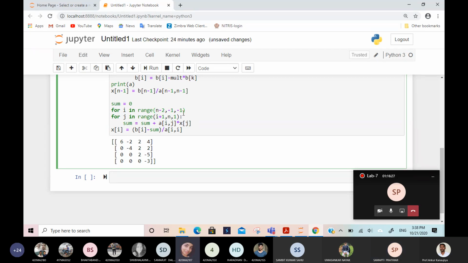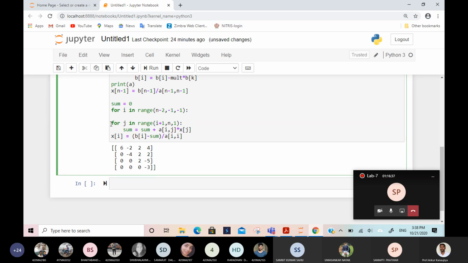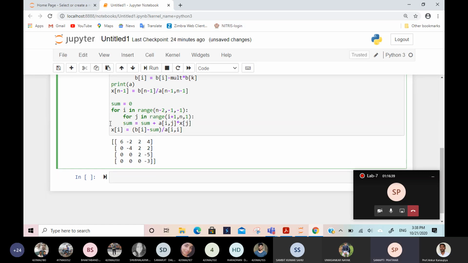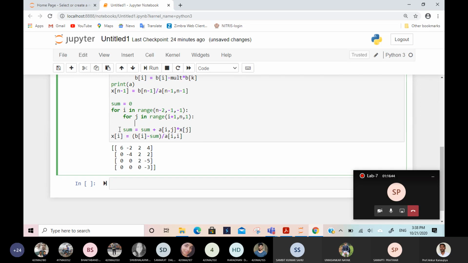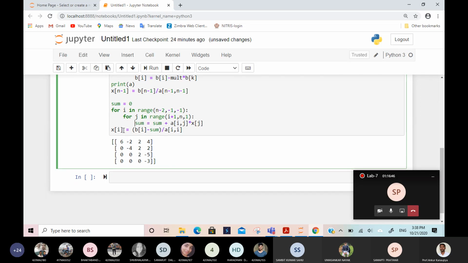Every time it will decrease, it will not reach minus 1, it will stop at 0 only. This is inside the loop, so I am giving the space because it is inside the loop. This sum is inside the loop, and this xi is inside the loop.